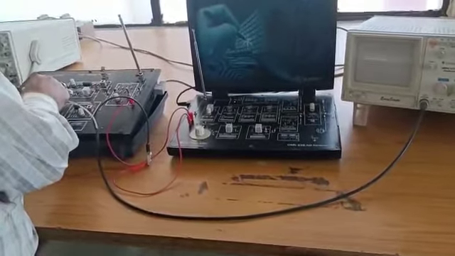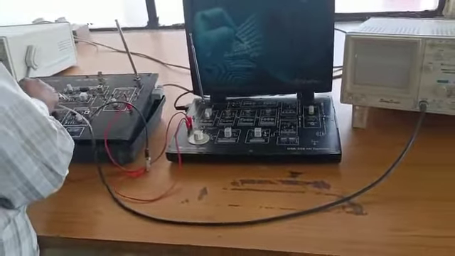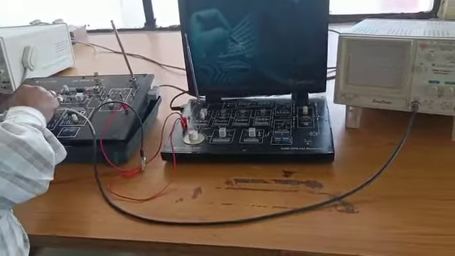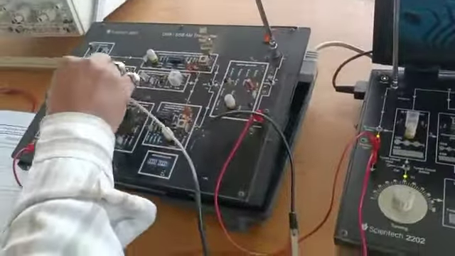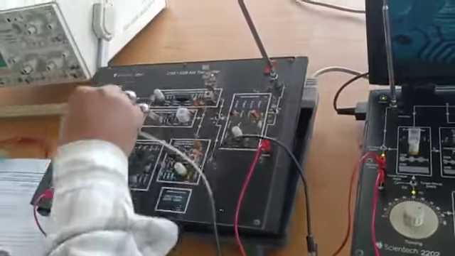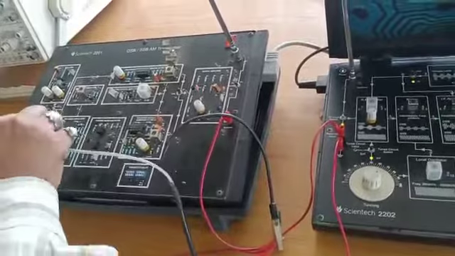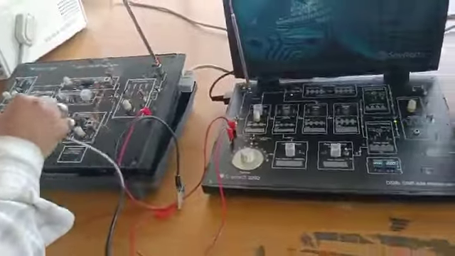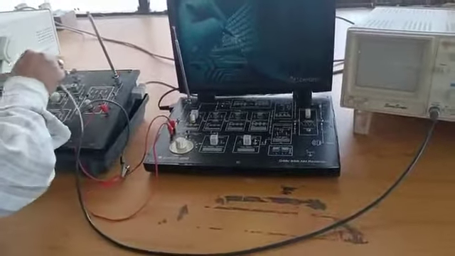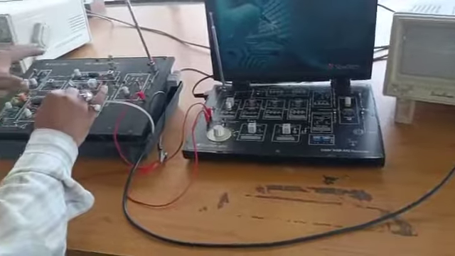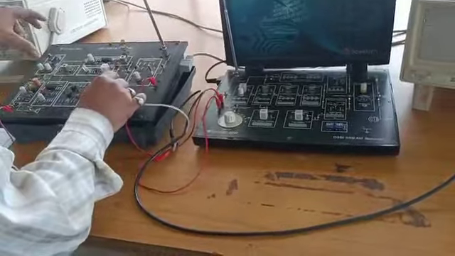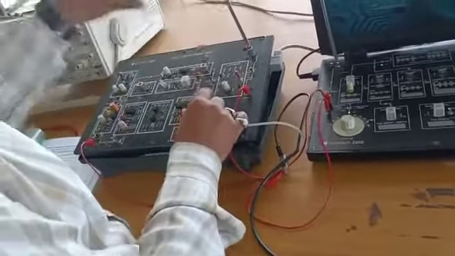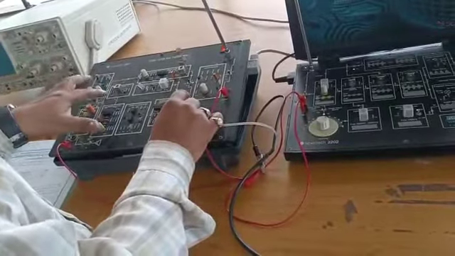This signal is transmitted through this switch. There are two paths, divided into an up direction and a low direction. There are two bands. First is the SSB band, second is the DSB band. The SSB band is provided by this section, the DSB by this section, and the carrier signal by this section.